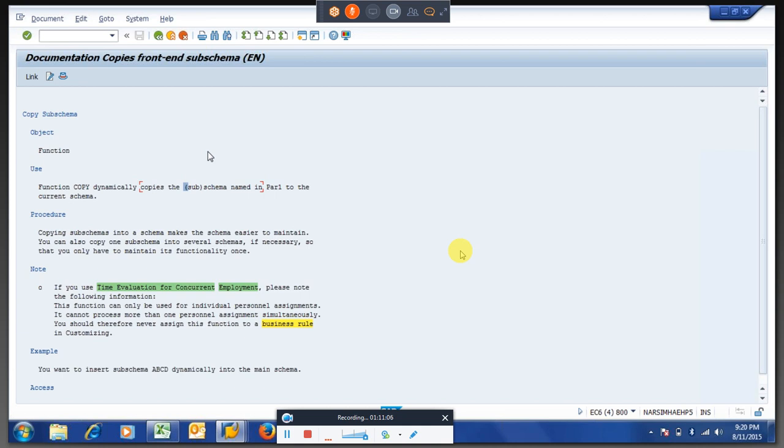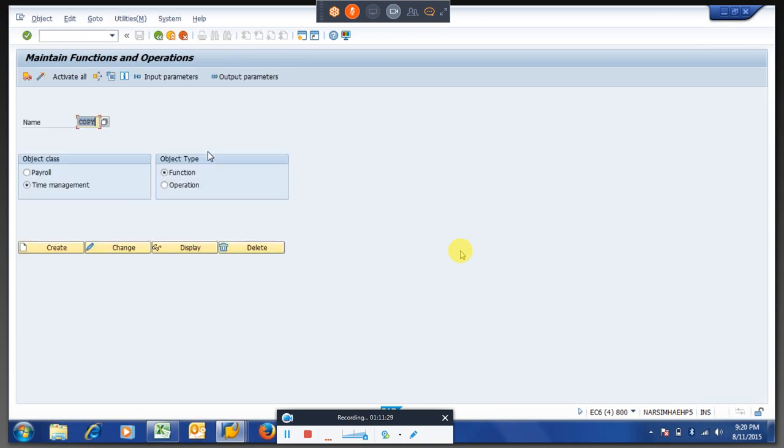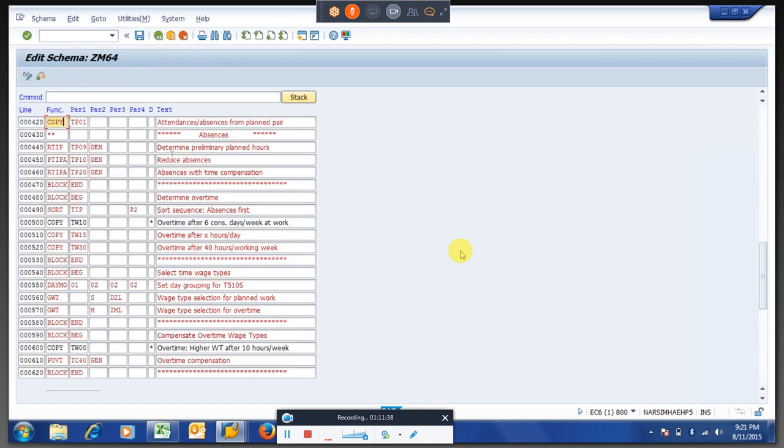Instead of inserting all these things here, you can create your own schema, insert all the rules there, and then insert that subschema in the main schema. Later, if you have any error in the particular scenario, you can go to the subschema and check what was happening. In payroll, we are going to create many subschemas, for tax purposes and all these things. Then you will be able to understand exactly what the use of a subschema is.